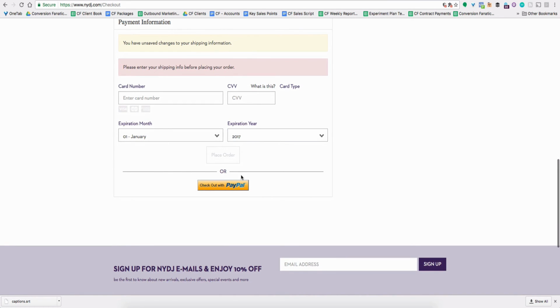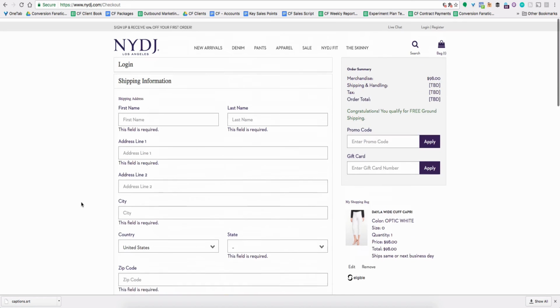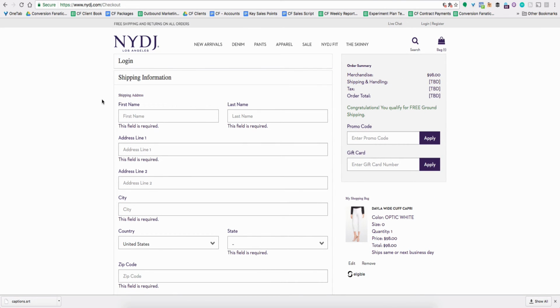Place order does that. Check out with PayPal. You could potentially have an exit intent offer with a bonus to really push people over. But overall, there are a bunch of things that I would potentially test on this site, but overall it looks pretty good. They're using a lot of things well, such as video, the mouse over zoom, and also